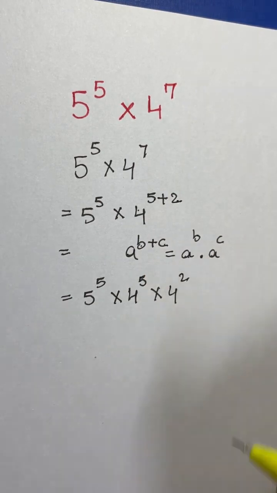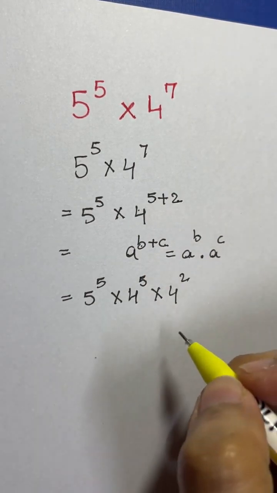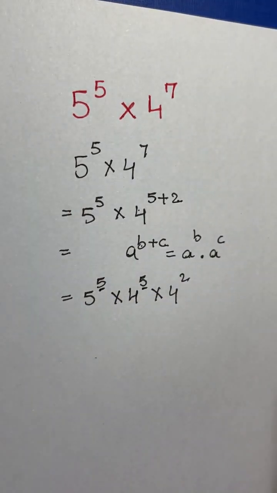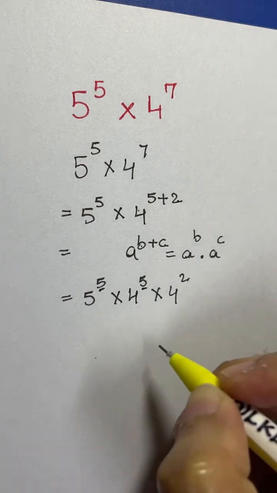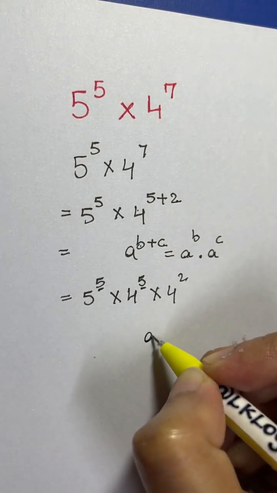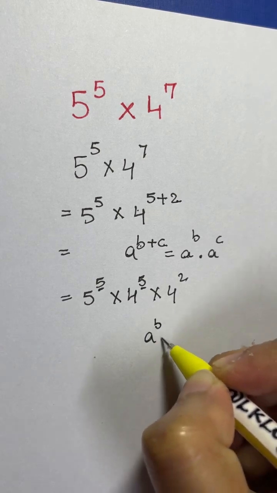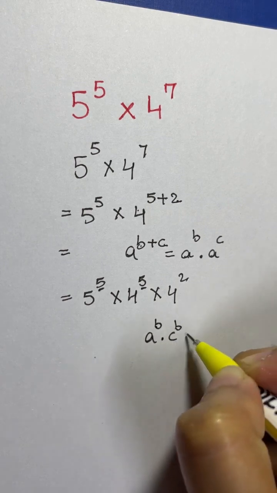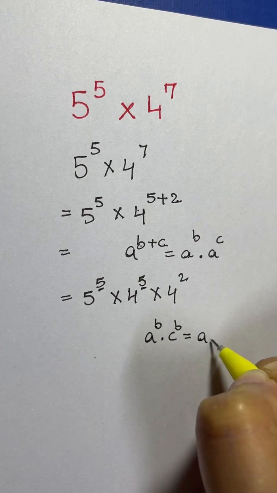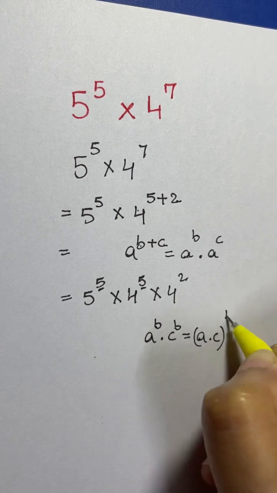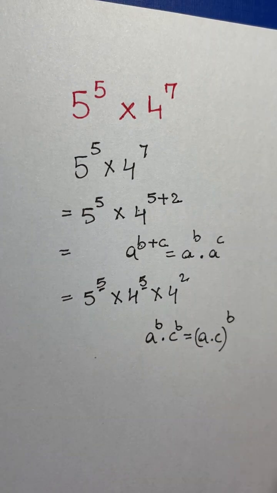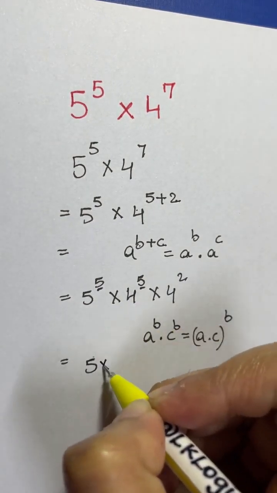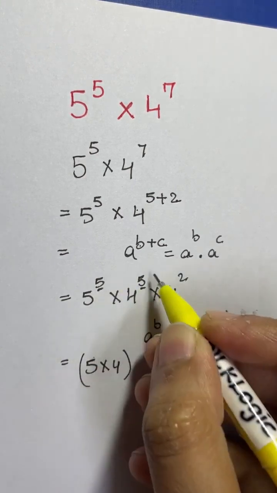Now what can we do? Now you have to pay attention. You have same exponents, 5 and 5 here. So when you have same exponents, you can use another formula. If you have something like a to the power of b times c to the power of b, with same exponents, different numbers, it's equal to a times c whole to the power of b. You can write it like this. So let's write it. So you have 5 times 4 whole to the power of 5